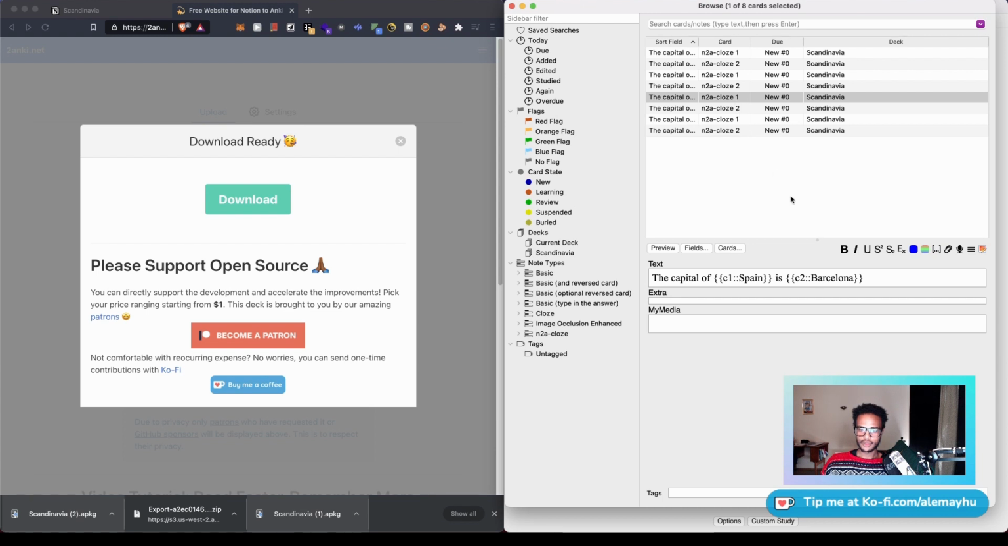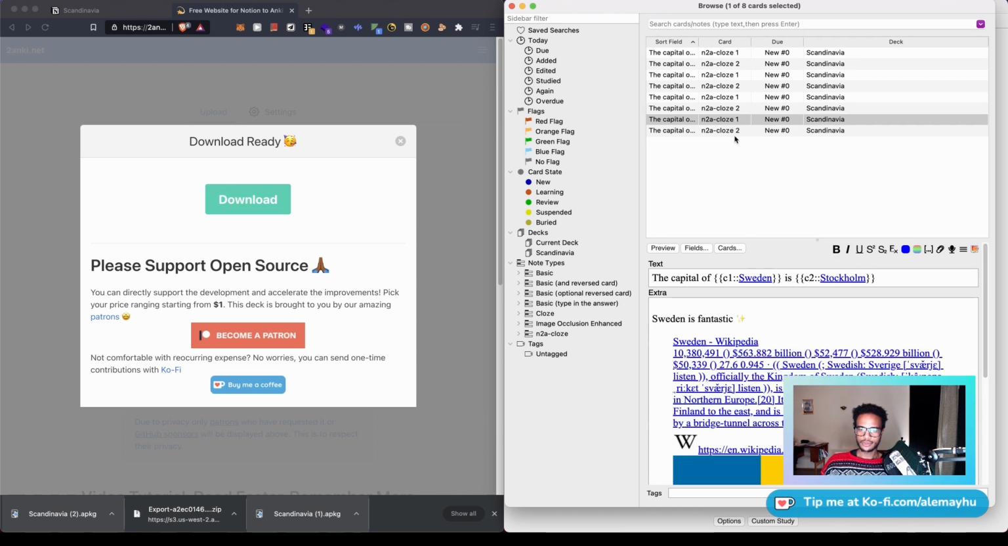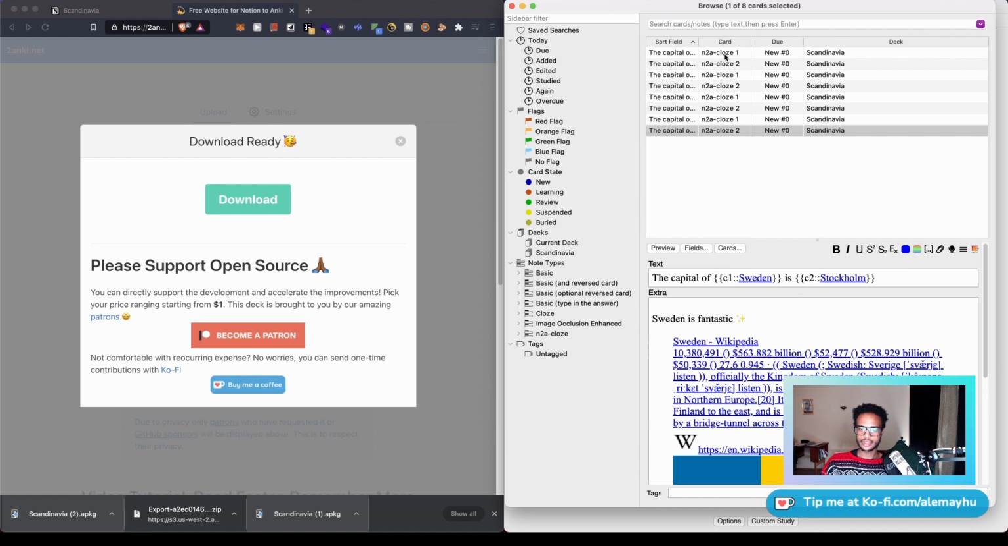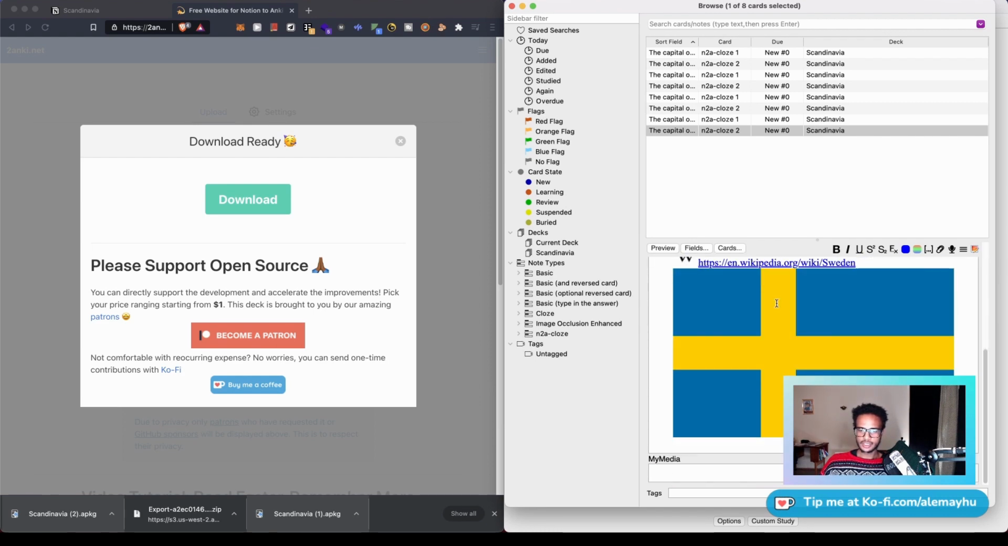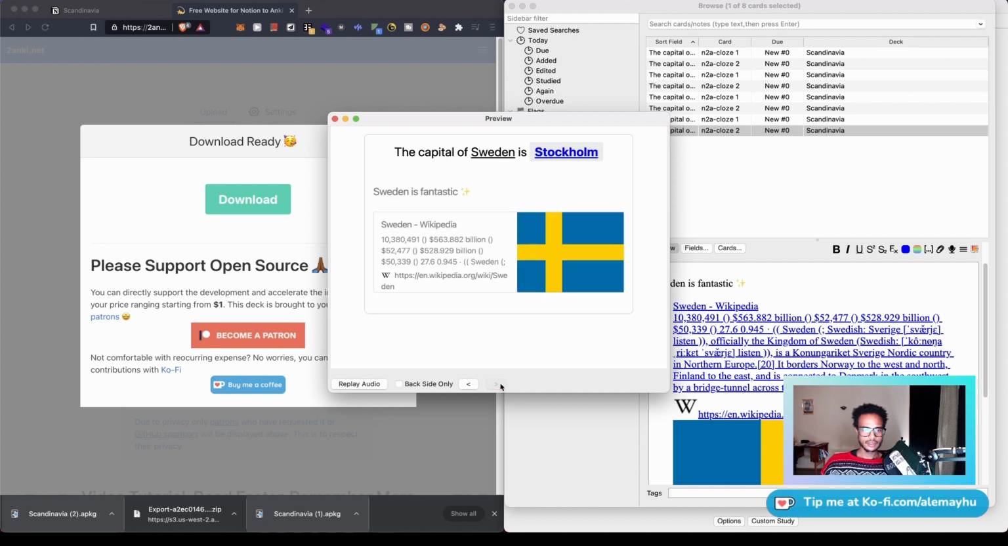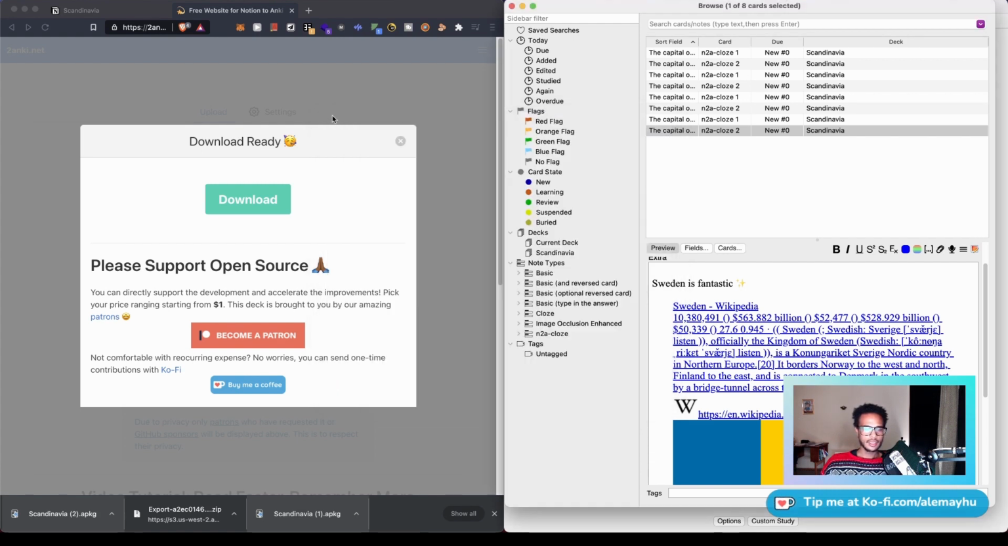So now we got our, the capital of Spain is Barcelona, close 1 and 2, and everything else looks the same. Nothing really changed, but it does claim that it did change, right? Let's look at this, just to double check it, looks fine. Yeah, so